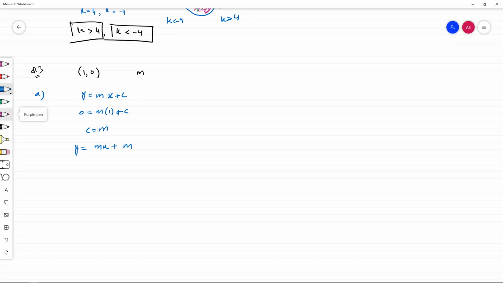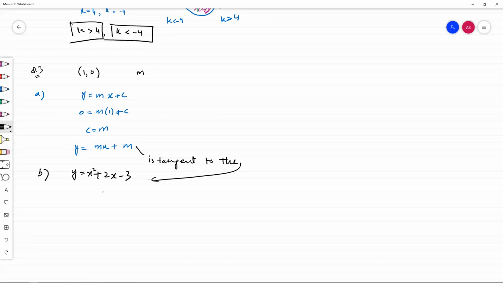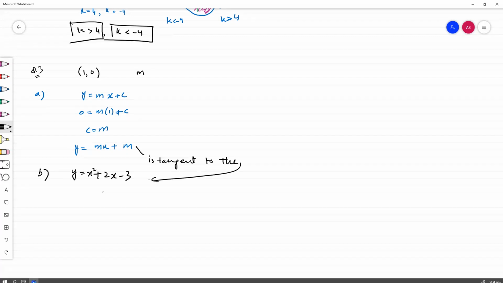So the next part, look, the line L is tangent to the curve. Next, he said that the line is tangent to the curve y is equal to x square plus 2x minus 3. So if this line is tangent to the curve, then find the value of m. Then find m, such that this line is tangent to this curve. So it means that